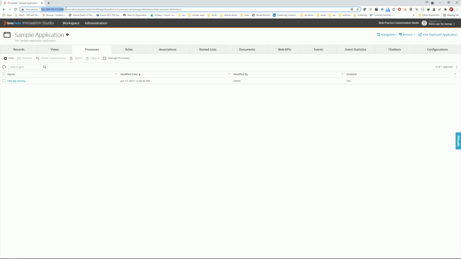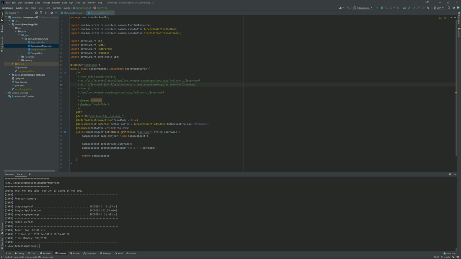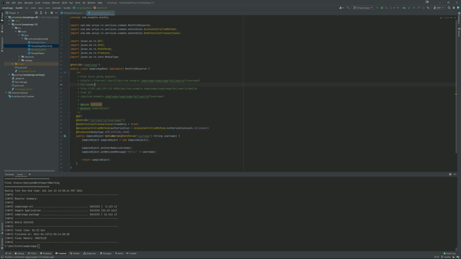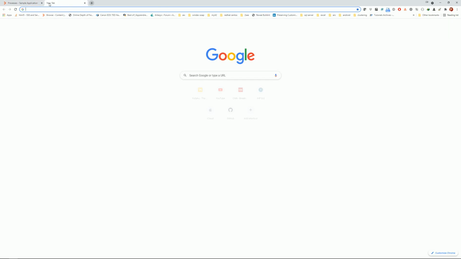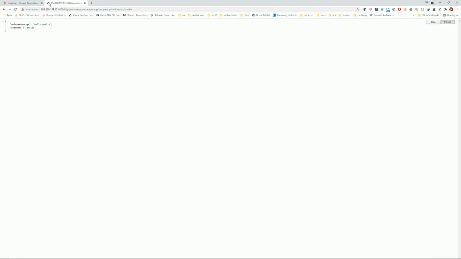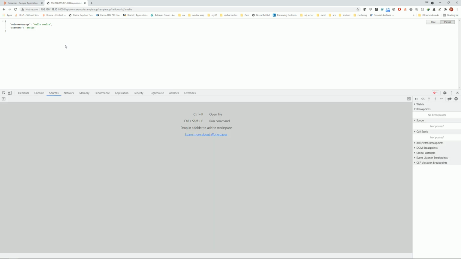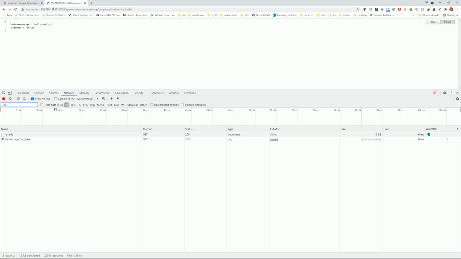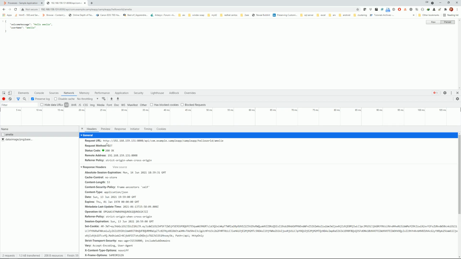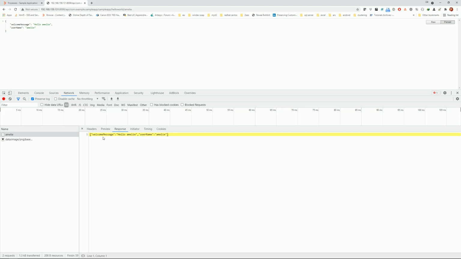Let's just copy this. 8008. So let's try to see what happens when we do something like that and just paste it inside a web browser. So here you can see that it returns the object, welcome message, and the username. If we try again in network, you can see that we have the call to our REST API, and the response is